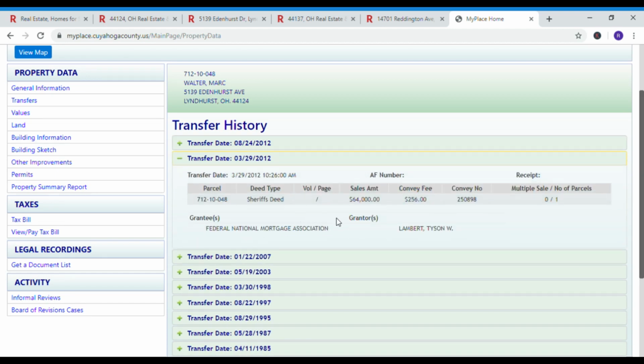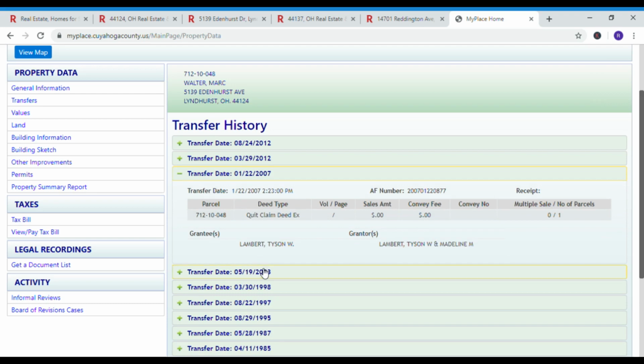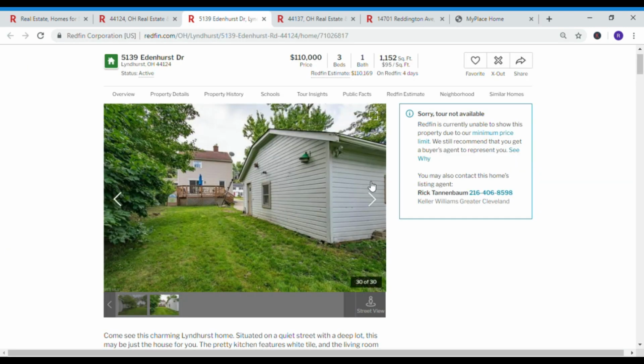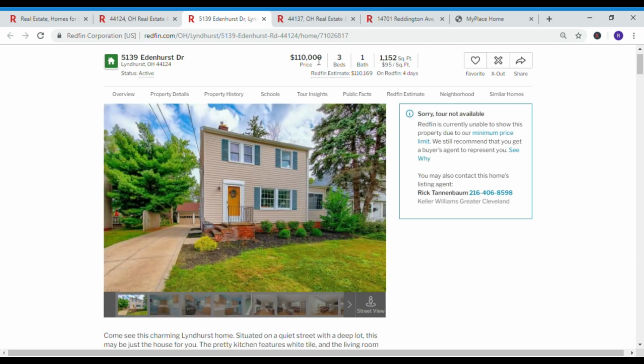The bank foreclosed on the house earlier in 2012 at the sheriff's sale here, and the foreclosee appears to have bought the house in 2003 for $136,000, which is actually a few years before the values even peaked. Had they sold the property in 2005 or 2006, it probably would have sold for about $150,000. So at its current listing price of $110,000, it's a discount of $40,000 or about 25% relative to its peak